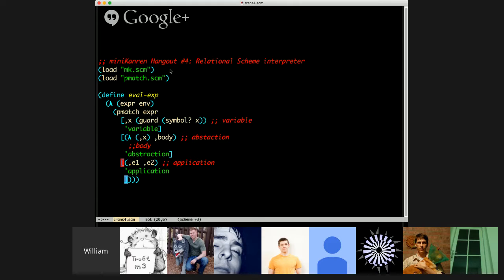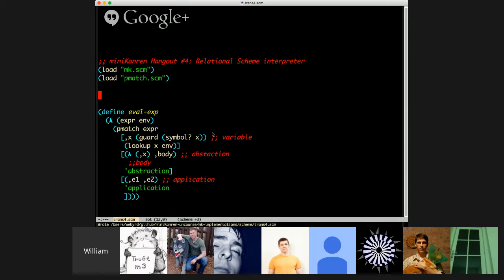All right, so let's go ahead and try to handle variables. In order to handle variables, we're going to need some environments. All right, so in the variable case up here, what we want to do is figure out what value, if anything, x is associated with. And we can do this by basically looking up x in the environment. That's all we do. We just need some helper to look up x,